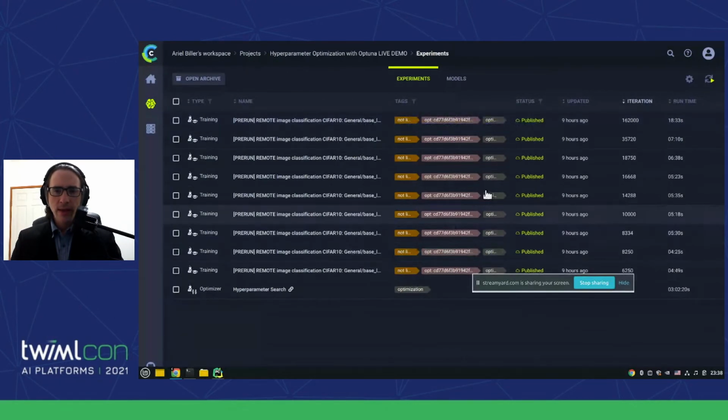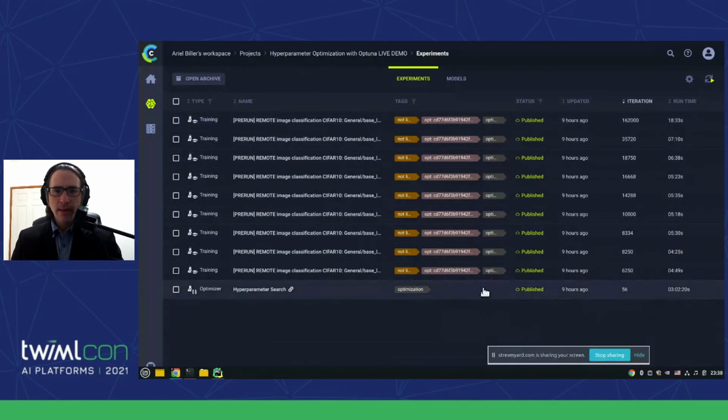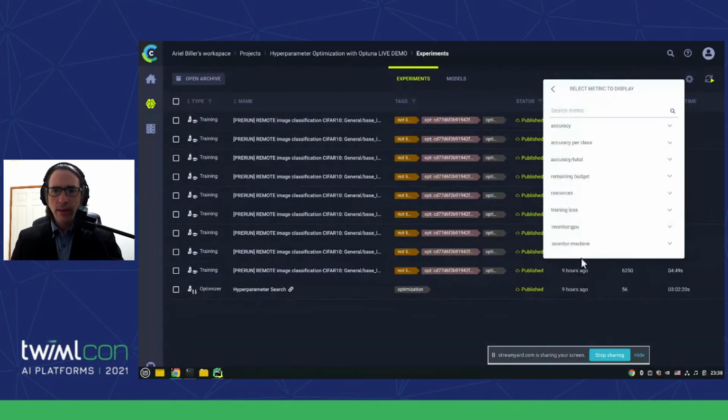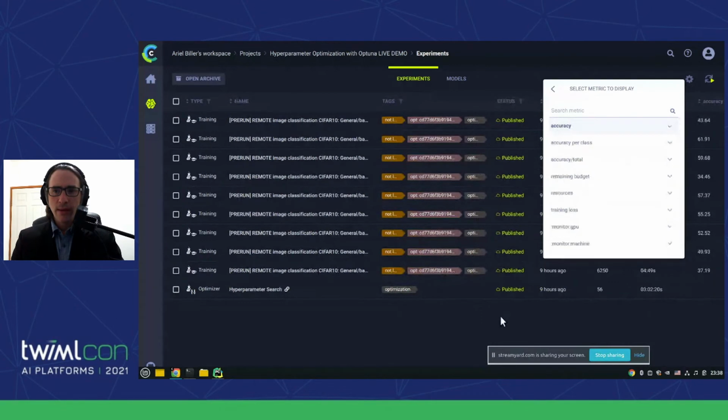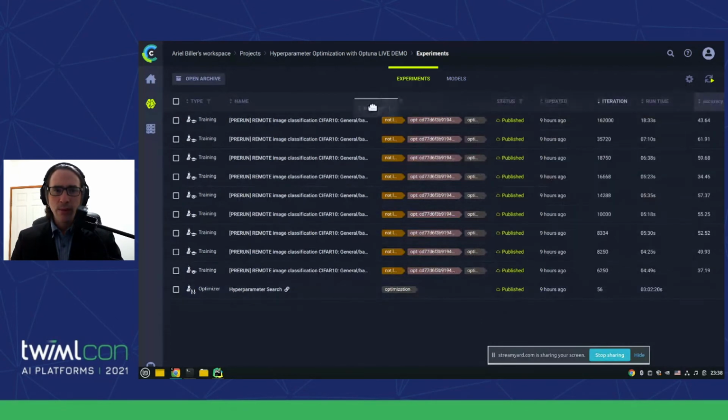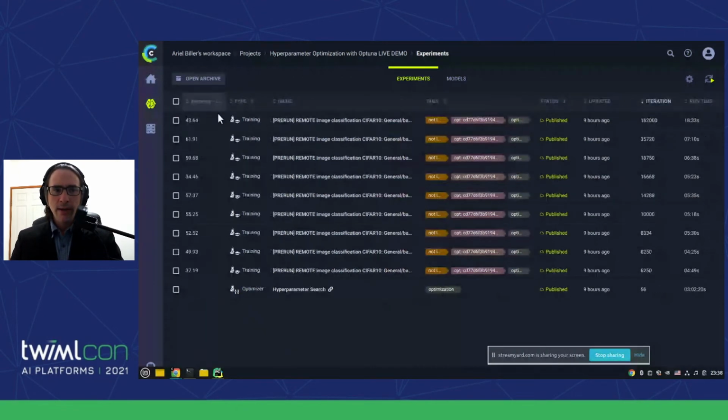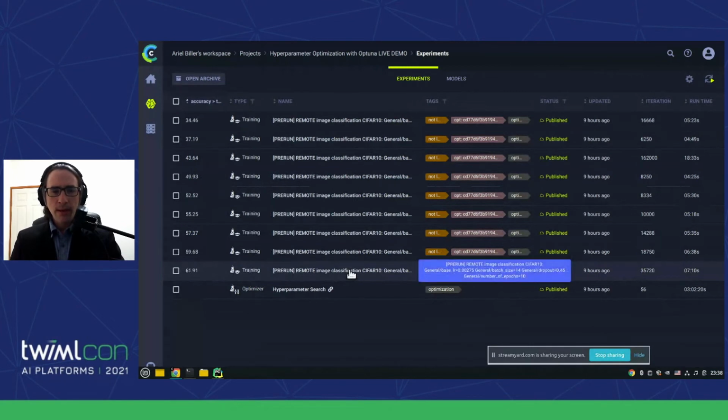And you see I've published these runs, so now they're write protected. But this doesn't say a lot. I can now add any metric that I want, and I think I want to add the metric of accuracy. Let's put the accuracy right here, and let's sort by the accuracy. And we have a winner. These are the parameters that I want to see.